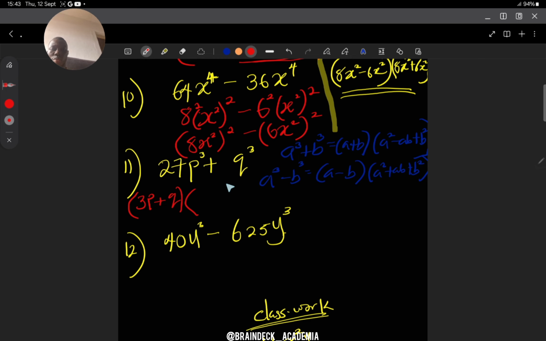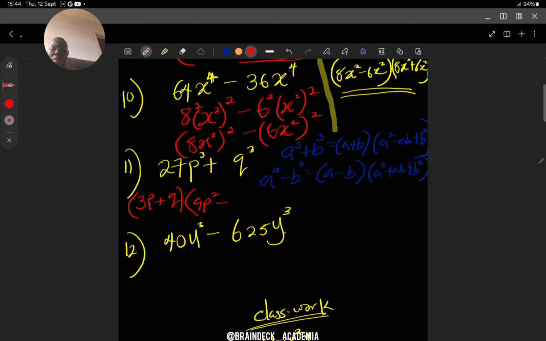A is what? 3p. But remember that it's a square, so that will be 3 times 3 is 9, so that will be 9p squared. Do you get that? Because one of this a will be, root of 27 is 3, that's why this place is 3. Then one of p in p cube is p. So this one is a square, so if this is a square will now be what? 9p squared. Then minus